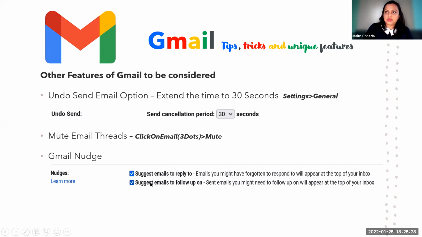It will remind you that you received this email 3 days ago, do you want to reply? Or you've not replied, somebody's followed up, there's a conversation, and you are supposed to reply to that email. So it will give you a nudge, and in case you've forgotten to reply, this nudge will help you. So just go to settings, general, scroll down, there's a nudge option, you select yes, and that's it, you're done.